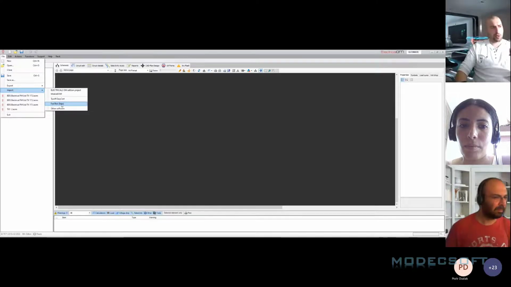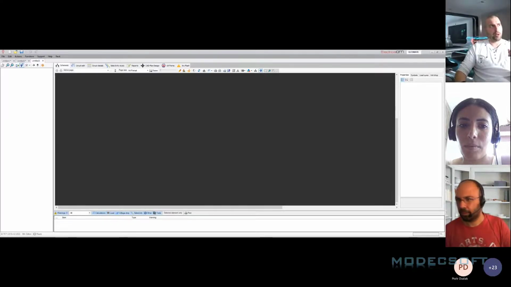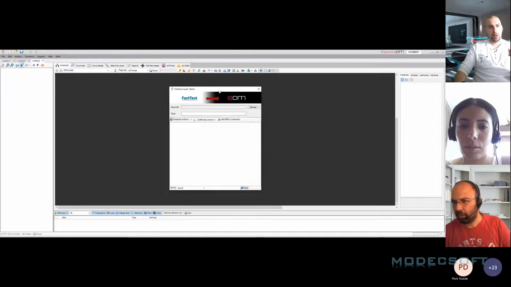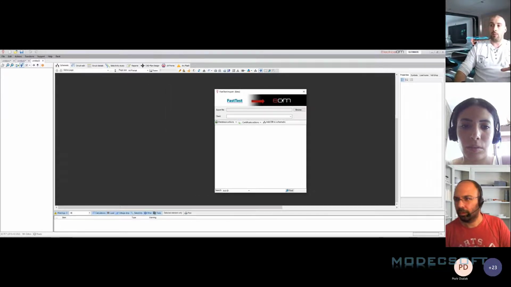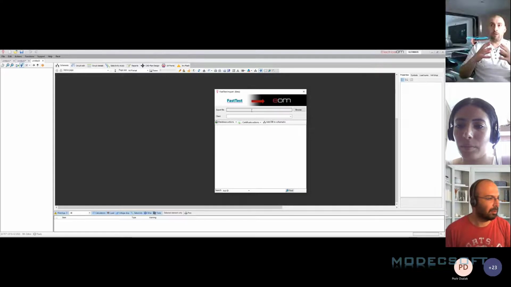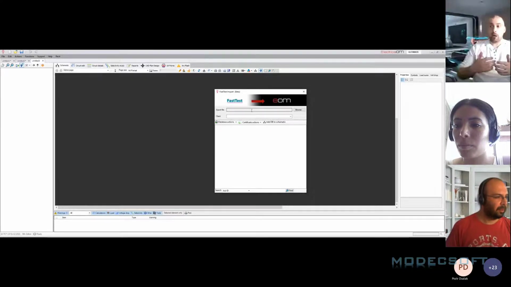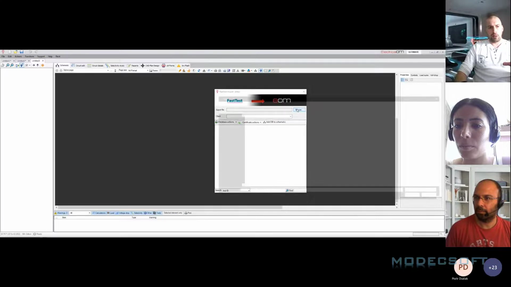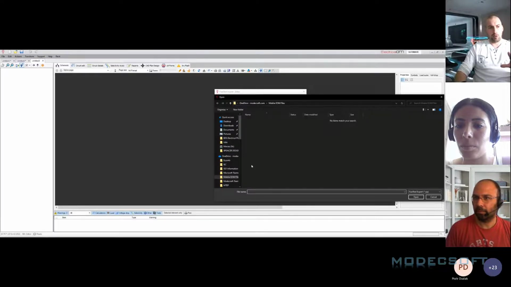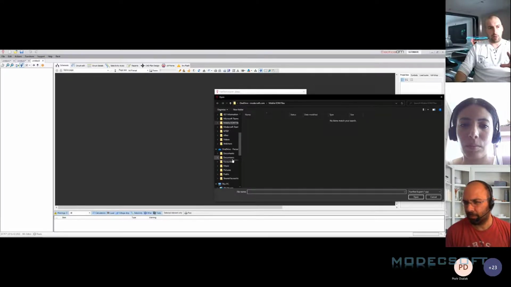So here I'm going to open this up, and it's going to pop up a new screen, which is our FastTest to EOM transfer window. One of the big problems we were finding with people is that some of the FastTest database files were becoming very, very big. It was taking a very long time to search and load up that data within ElectricalOM. So what we've done is we can now browse in, and when we find a relevant EOM data file,